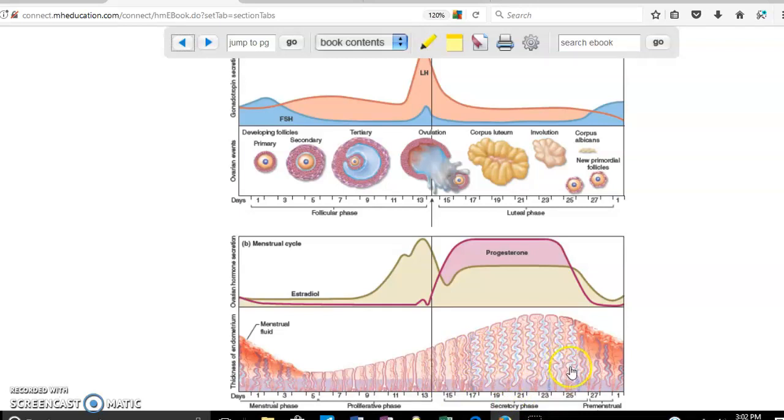By day 27, if the female doesn't get pregnant, the endometrium is dropped. You can see here, and that's when the menstrual period starts. As you can see, it's dropping, and in here it's dropping. So there's basically no endometrium right here, or very, very little. The basal part of the endometrium is what is available. So from day, let's say 5 to day 15 is the proliferative phase. From day 15 to day 27 is the secretory phase, and then that's when we start with the menstrual period. So the first 15 days is related to estradiol, and the last 15 days is related to progesterone. Not only that, progesterone is produced, as you can see right here, by the corpus luteum.